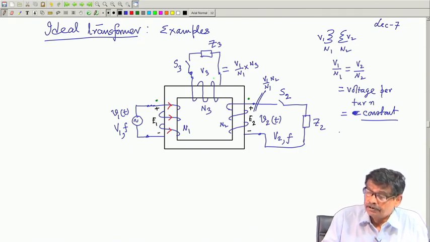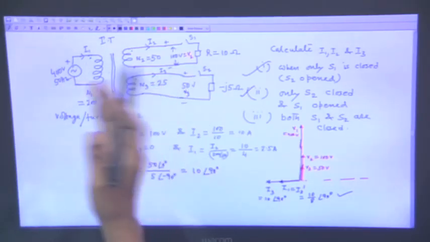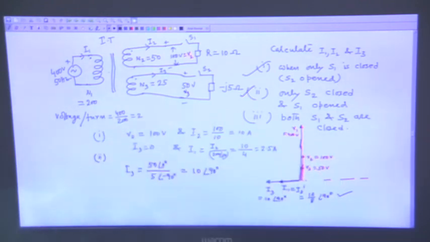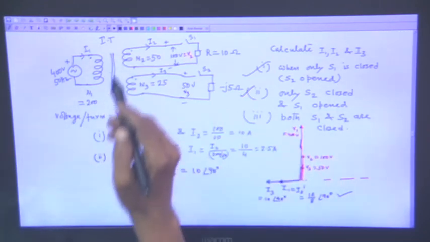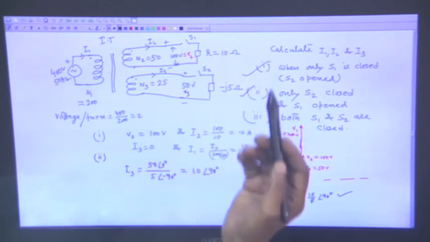And our problem was, we know if there is only one secondary, if I close this, what will be the current and how to draw the phasor diagram. But here the problem is when both the switches are closed, both the secondaries will supply their respective loads Z 2 and Z 3, how to calculate the primary current, that I told you. In a simplified way, this previous thing could be drawn instead of drawing an elaborate diagram involving core. These 2 lines will indicate core, ideal transformer it is nonetheless, and then I was considering this problem.